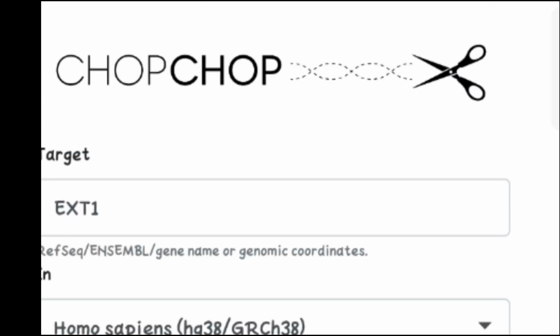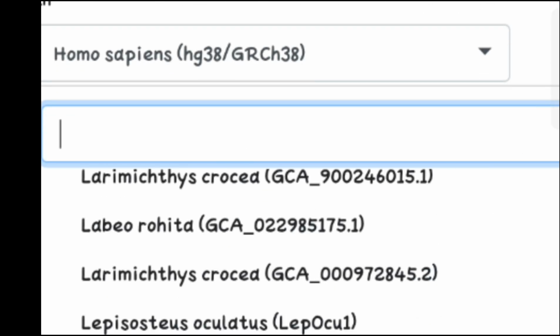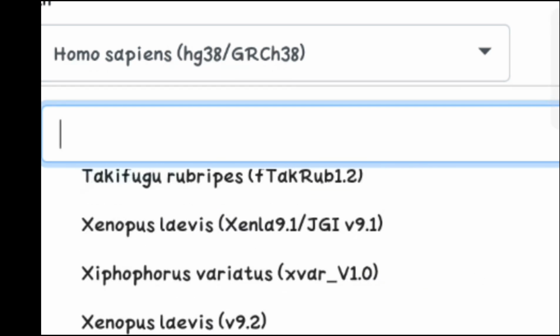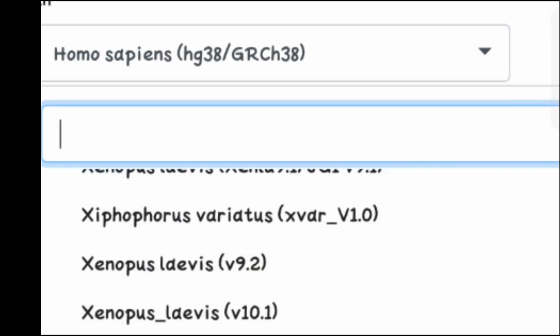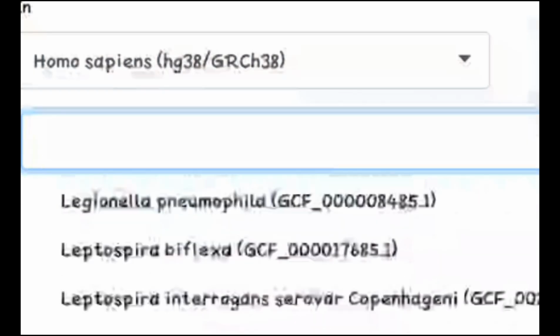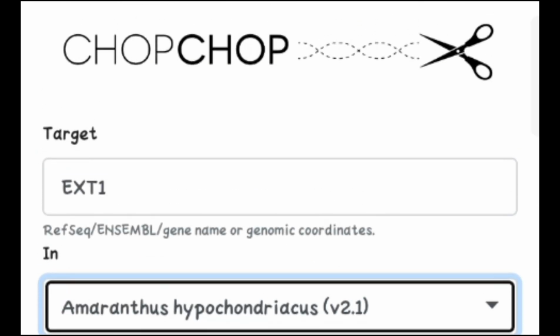Here we can select various species like Homo sapiens, then zebrafish. Various organisms are present here: Xenopus laevis as well, octopus as well, and many other things, bacteria. It's a long list. For example, if we select Amaranthus,